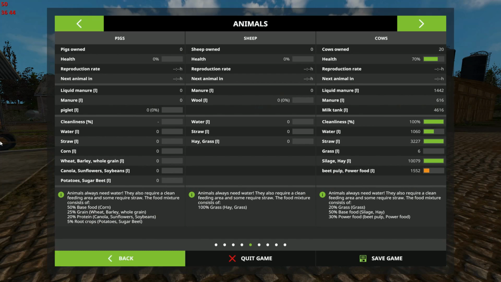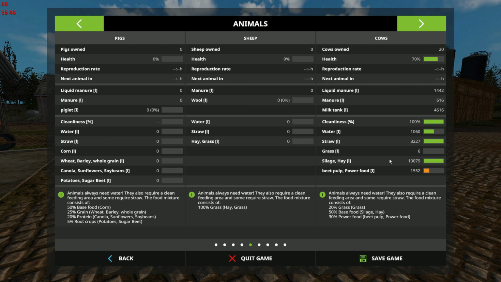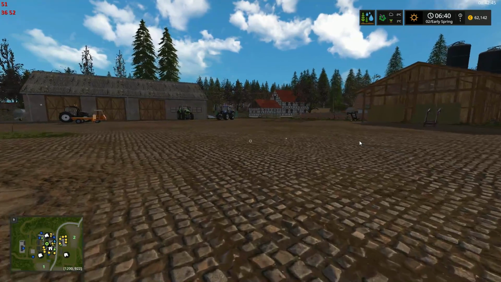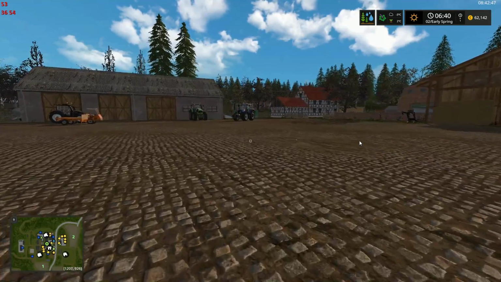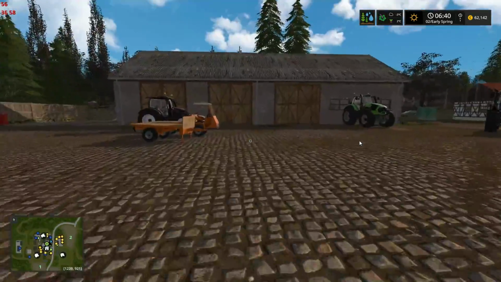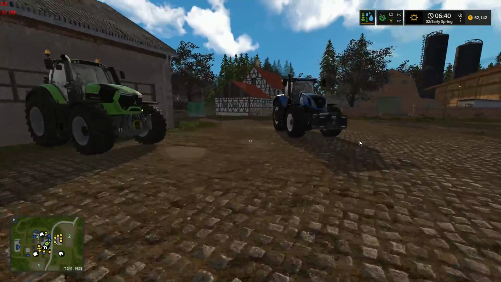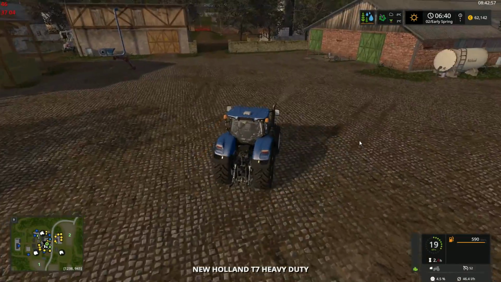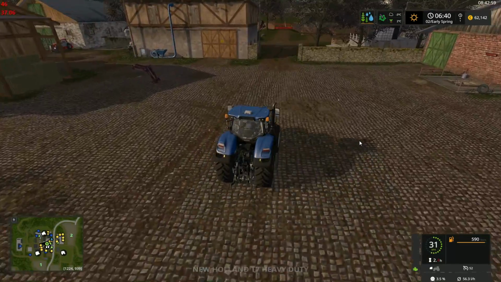Alright, let's check the state of the cows. Hey, cleanliness 100%. Nice. Alright, and with that, guys, I think we're going to call it an episode. I think it's kind of getting on here. We've made it to day 2. Next up, of course, is to get some sewing done. So we are going to do